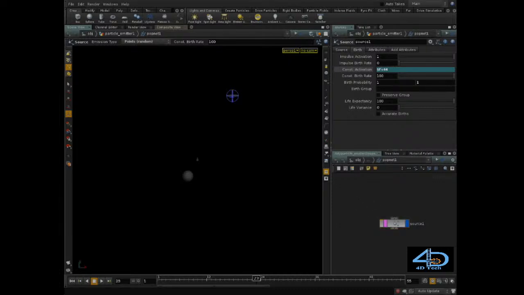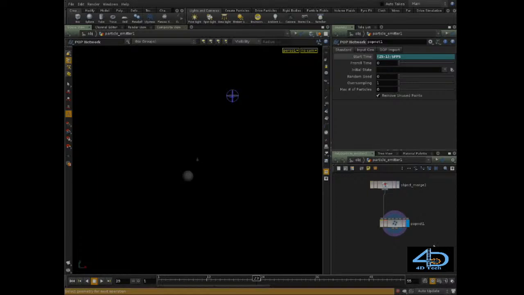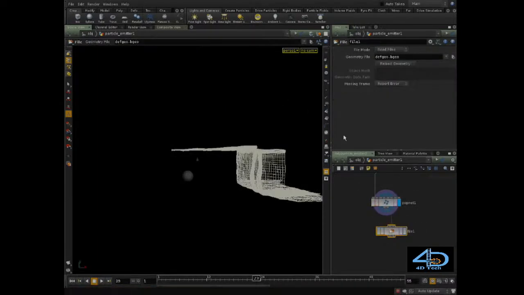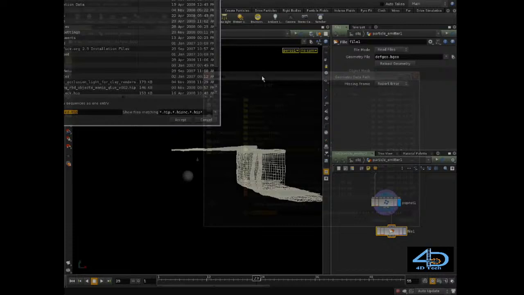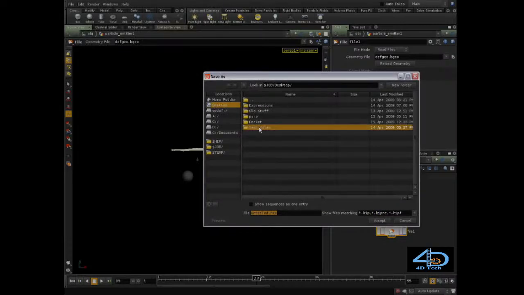And so the last thing that we'll want to do here is we just want to be able to cache out this simulation to disk. So if we come back up to the top level, we can put down a file node. We'll just need to save our file. So if we go up here to save as, we can put this in our desktop under test files, and FPS, and FF. Let's call this. So we can save,